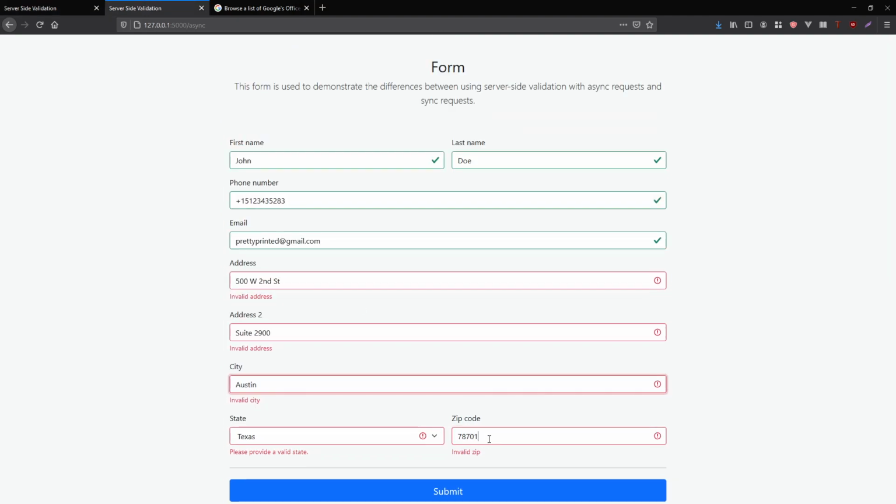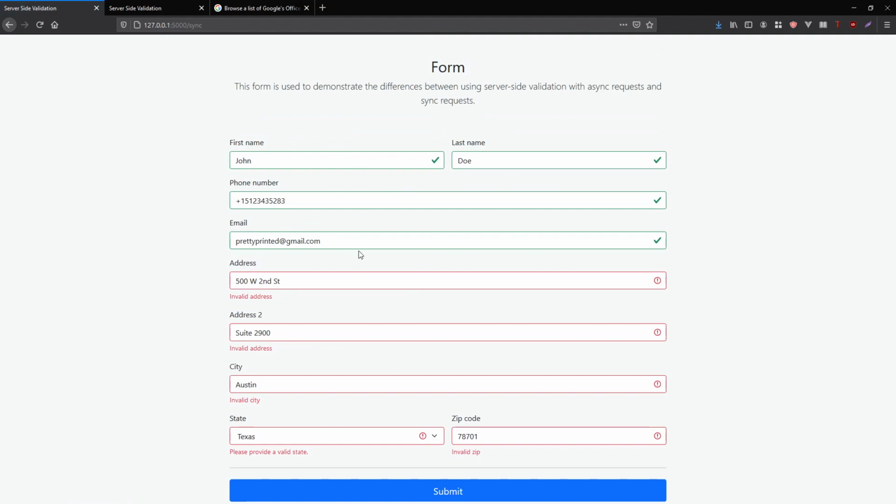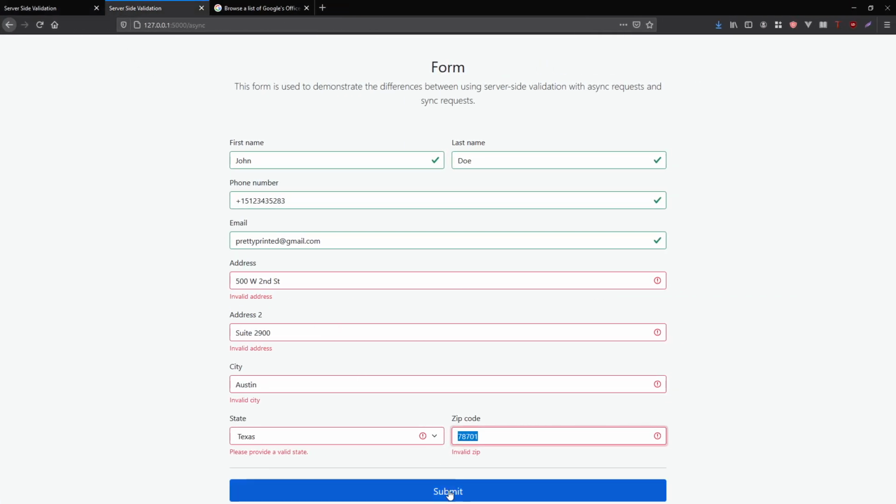And then the zip code will be 78701. So I'll hit submit on this one. And we see it returns valid for the name, phone number, and email, just like the one before. But the address, for some reason, is invalid. But we see here, this one takes 3.09 seconds, right? So 3.09 versus